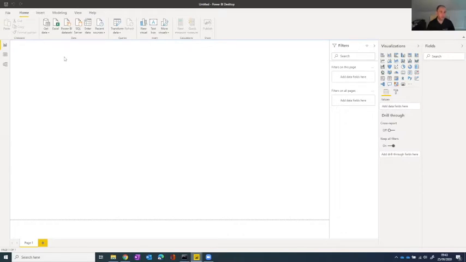So the first thing we need to do with Power BI is actually give it some data. The whole benefit of Power BI is feeding it data and then visualizing that data in different ways. So we do that by hitting Get Data, and if we hit the actual icon for Get Data,